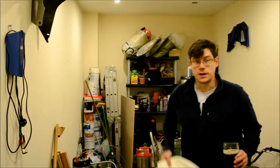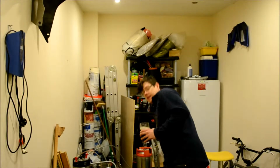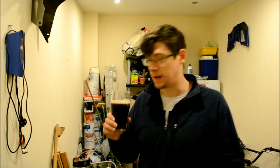just sort out my mash tun. It's not going to happen just yet. I've had a bit of an investigative day trying to find out what I need to do to finish it off. So to explain that,